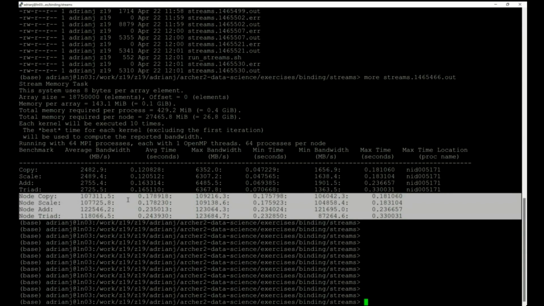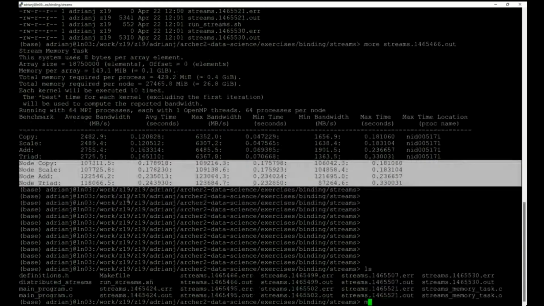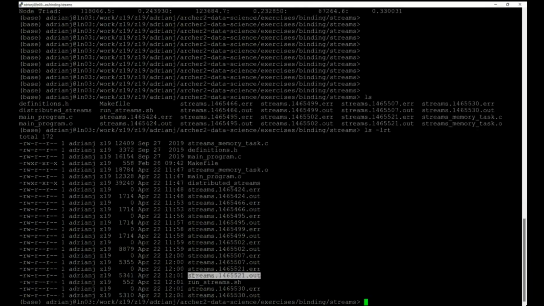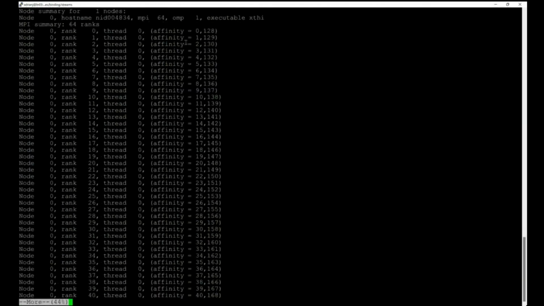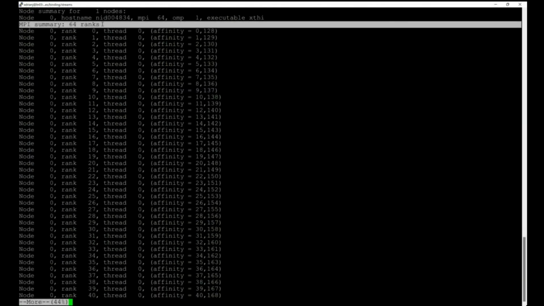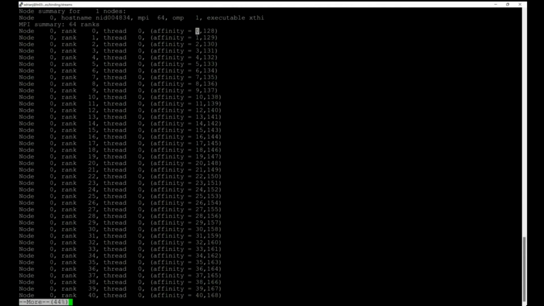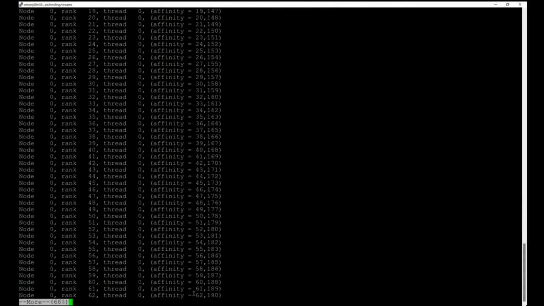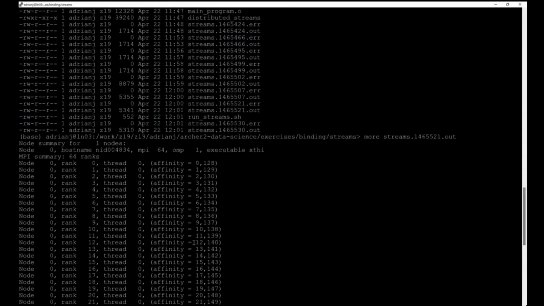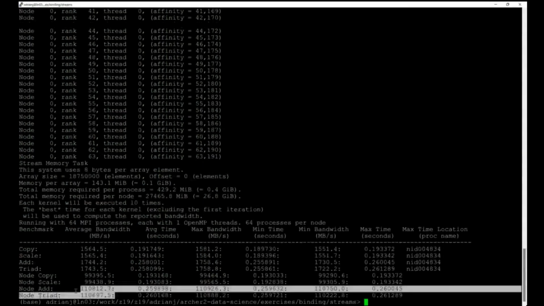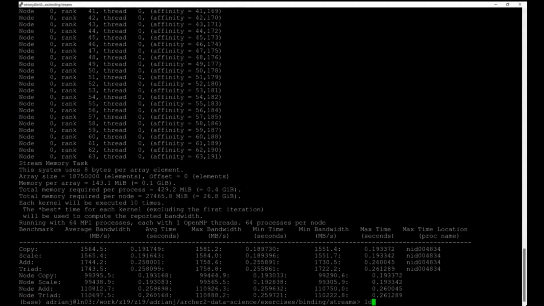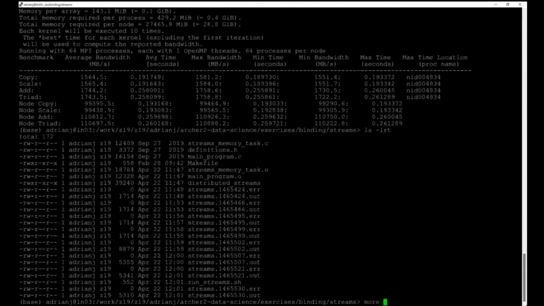And what's happening here, of course, is if I ran my XTHI example on that, which I think I did here, you can see I'm running 64 workers, and it's putting them on core rank 0 up to 63, sorry. It never uses the next cores, so that's all on one processor in the node, not two processors. It never uses the second processor, so we only get the memory bandwidth from one processor, not from both of them. And that's why our performance is half the memory bandwidth for the node,